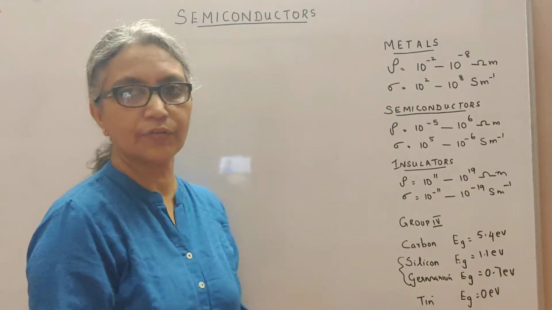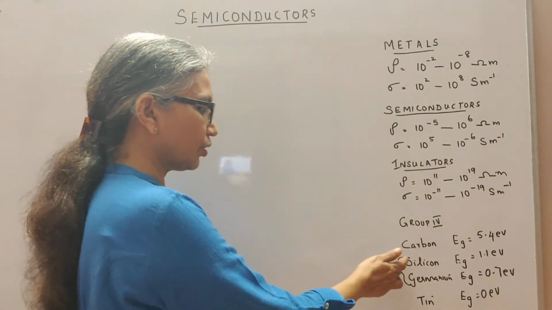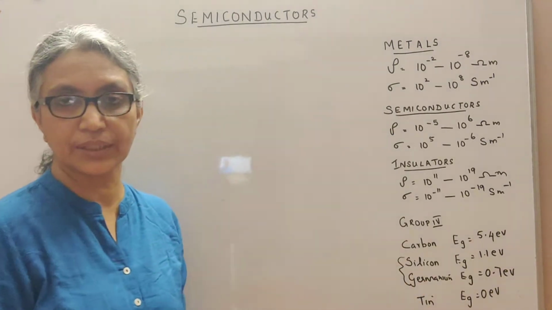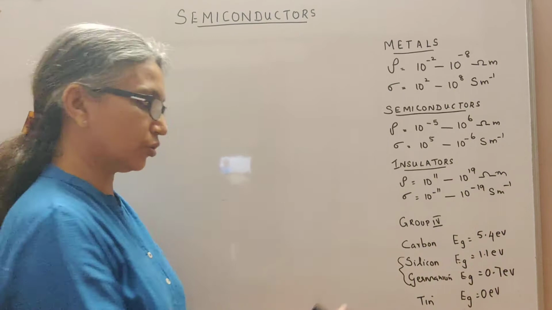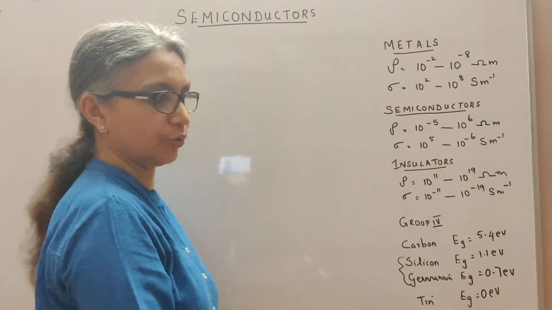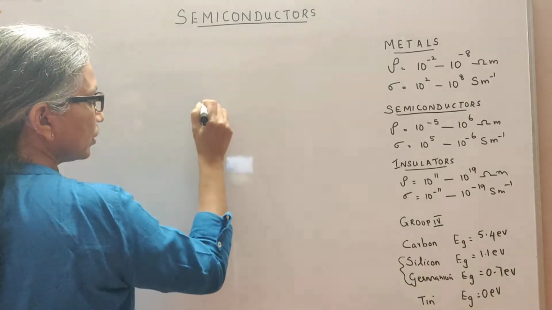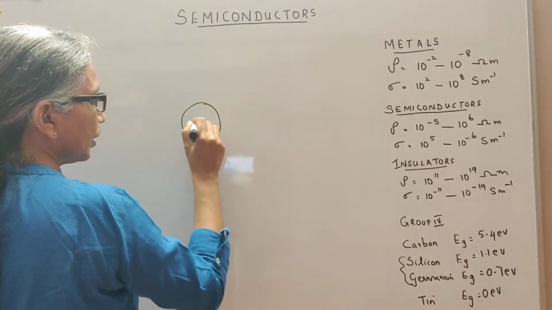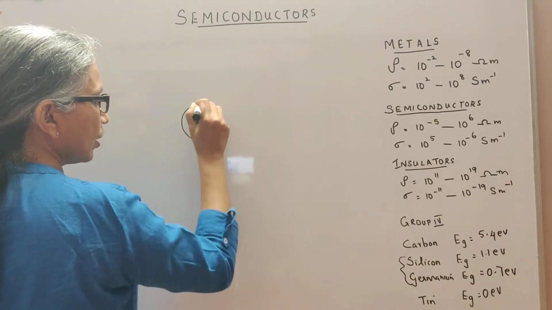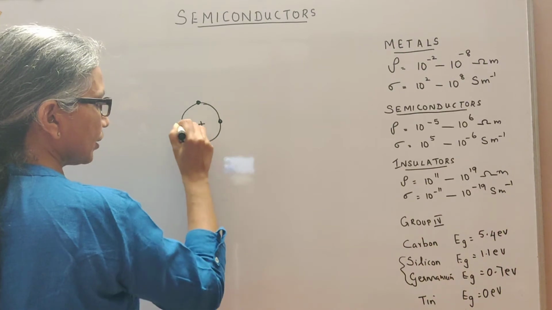Group 4 elements, all of them have 4 valence electrons. So whether you discuss using silicon or germanium, it's going to be the same, because we are only interested in the 4 valence electrons. So either silicon or germanium you may use. So let us look at the silicon. We have, let's say, one silicon here with a central nucleus, of course, but I'm only representing the valence shell. I'm not drawing the other shells.